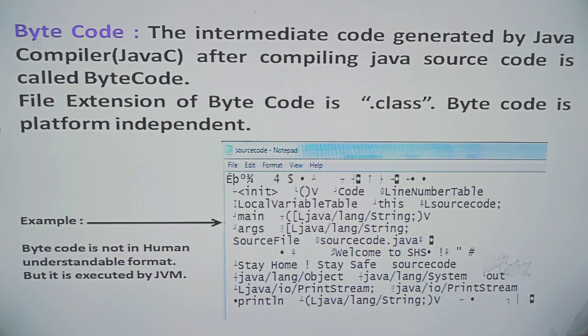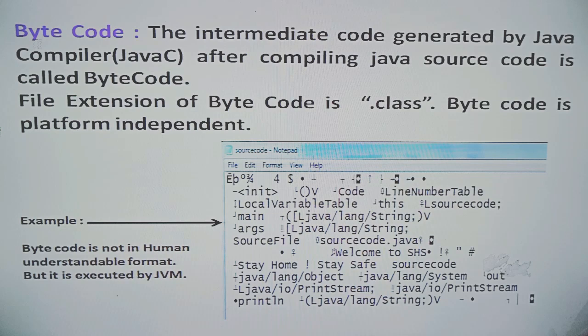And next is bytecode. So the intermediate code generated by the Java compiler after compiling the Java source code is called bytecode. And the file extension of bytecode is .class. And very important point about the bytecode is platform independent.